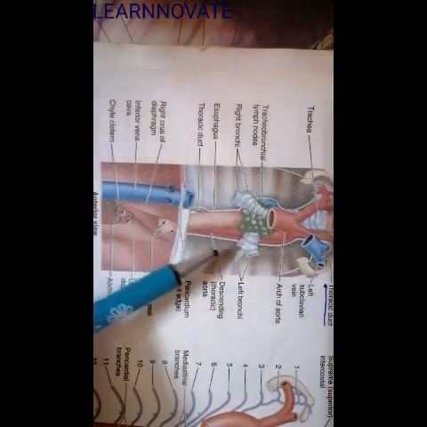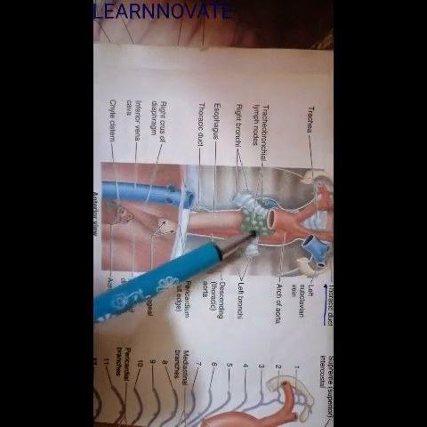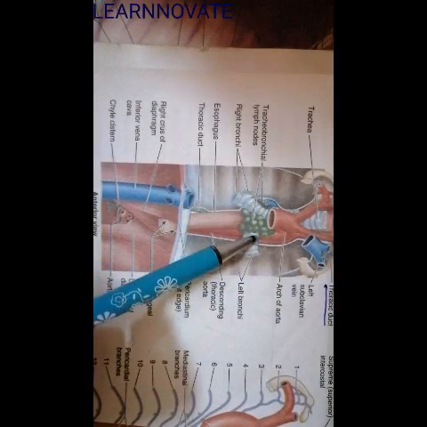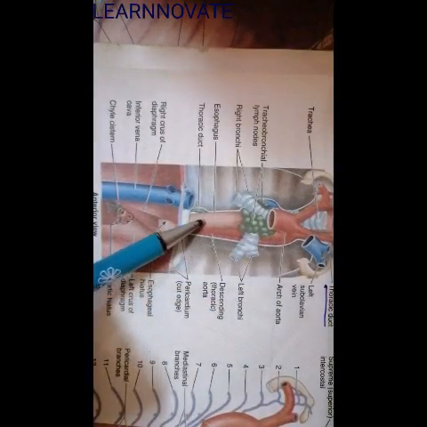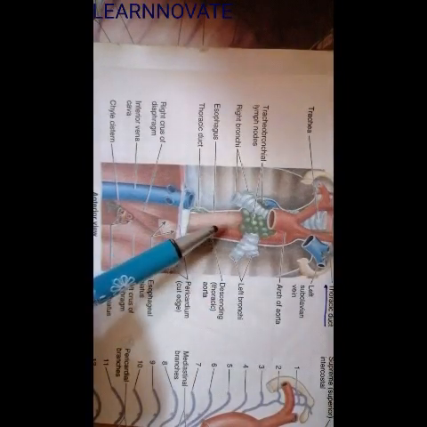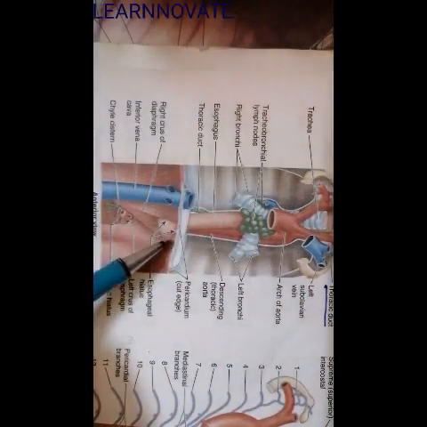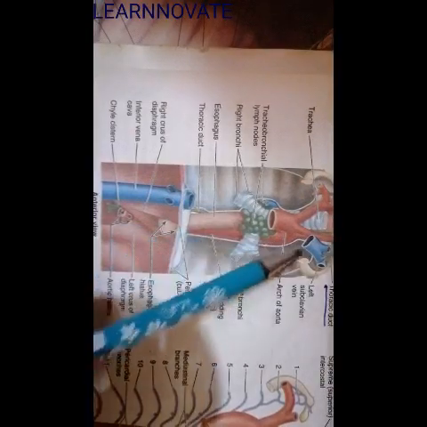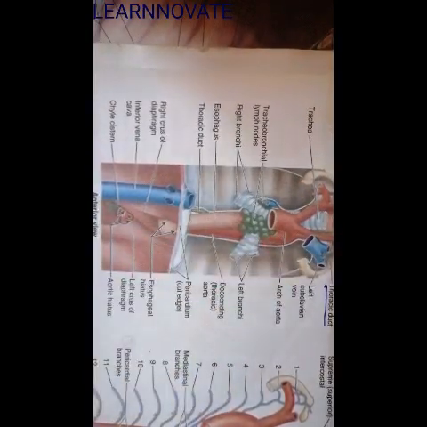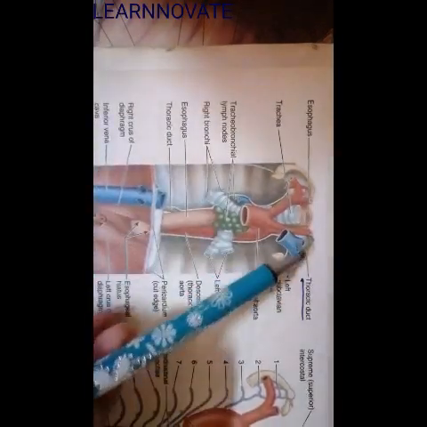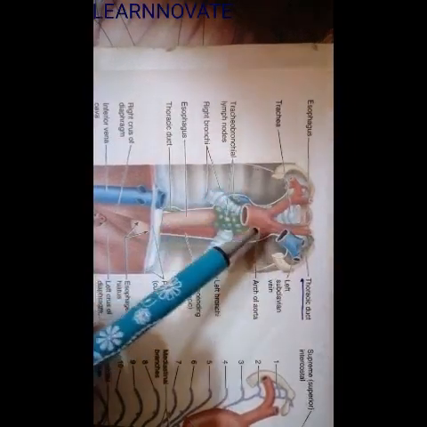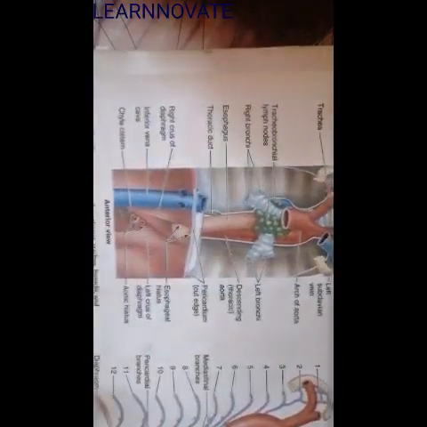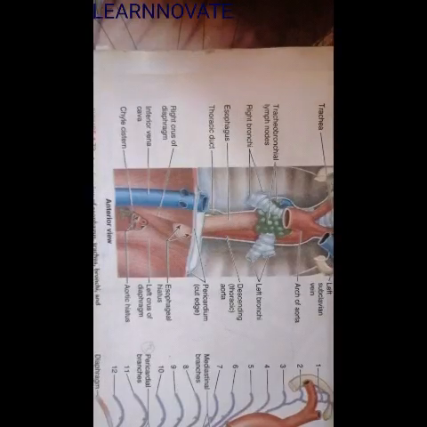Then we can also see some of the lymph nodes that you can see here, the bronchial lymph nodes, and they are the tracheobronchial lymph nodes. We can see the aorta, we can see the esophagus, we can also see the trachea, and we can see some of the azygous and the hemiazygous veins in this structure, where they will be hanging and drain into the thoracic duct, that drain into the azygous or hemiazygous vein, and then they drain into the subclavian or the brachiocephalic vein. So some of these structures are present in the posterior compartment of the mediastinum.